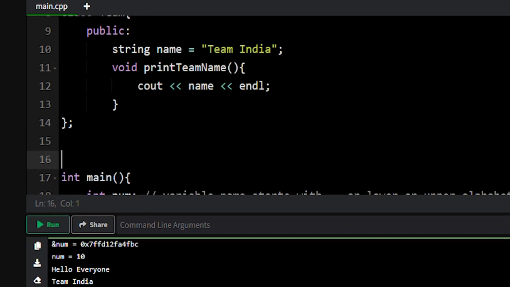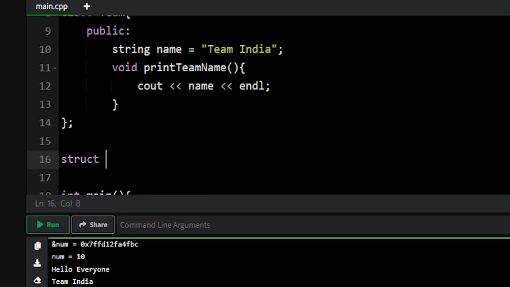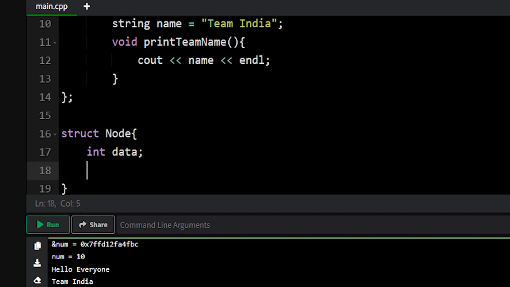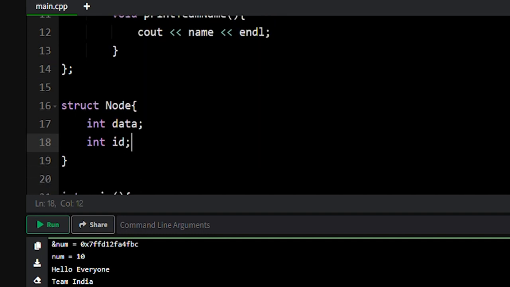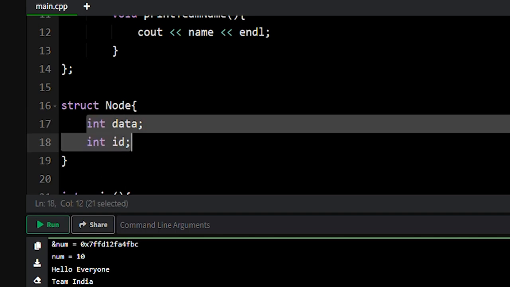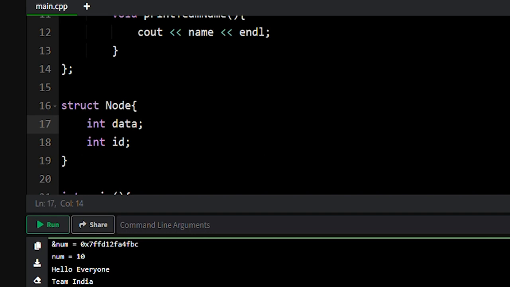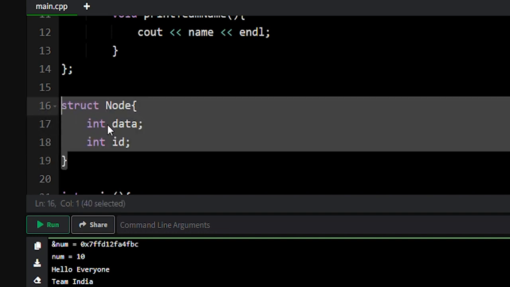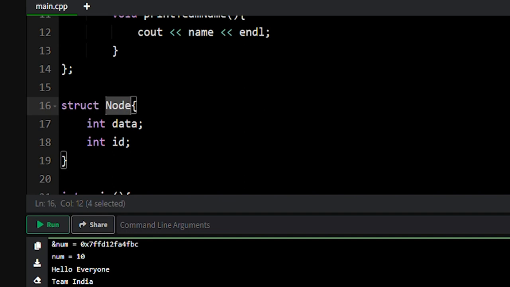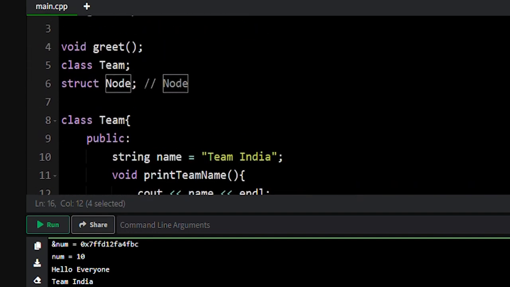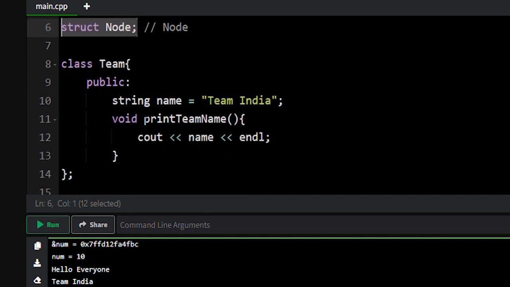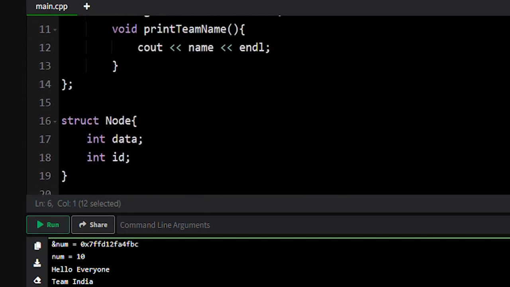So here we can write a struct node. So we are saying the node structure will have two values, int data and int id. Okay, so this node structure will have two members, two values. First is data, which is integer type, and second is id, which is also integer type. So we are defining the structure of this node. Cool. So at line number 6 the declaration of node structure took place, and here we have provided the definition or